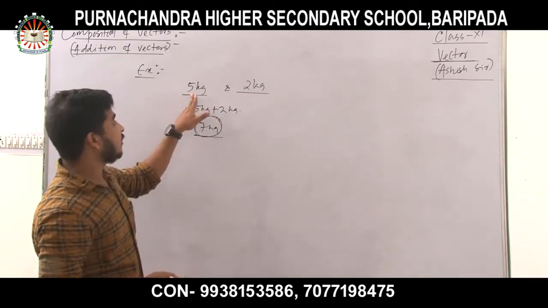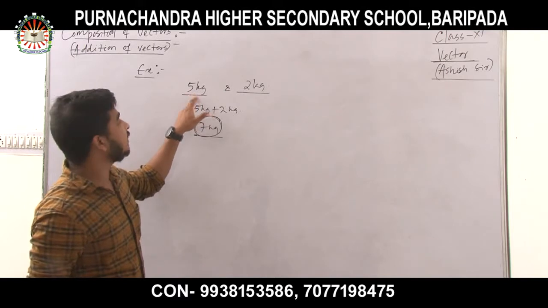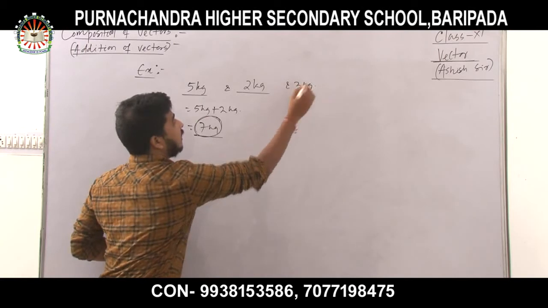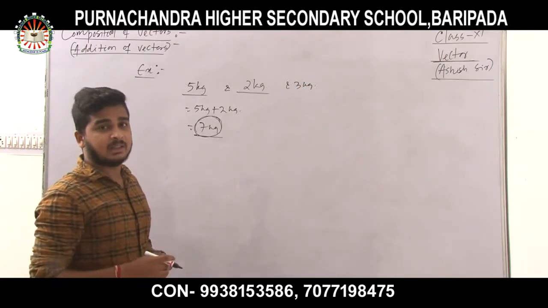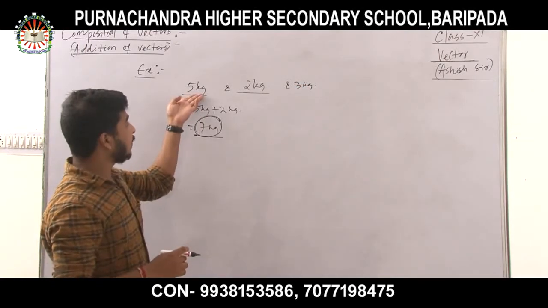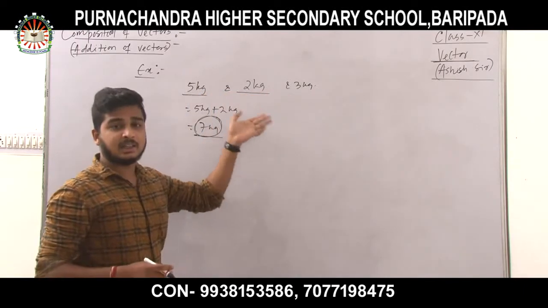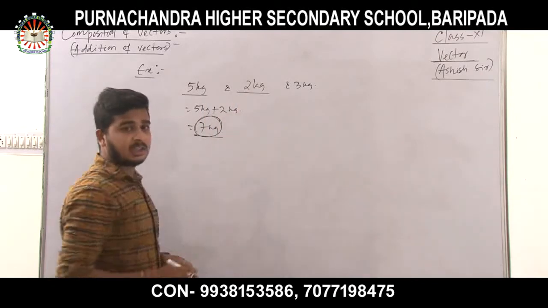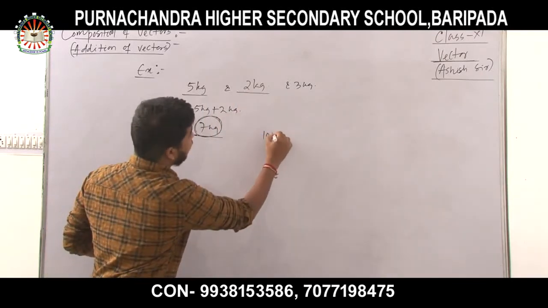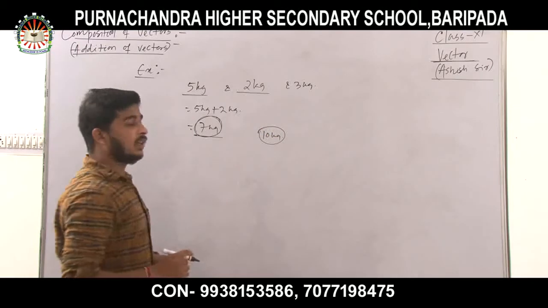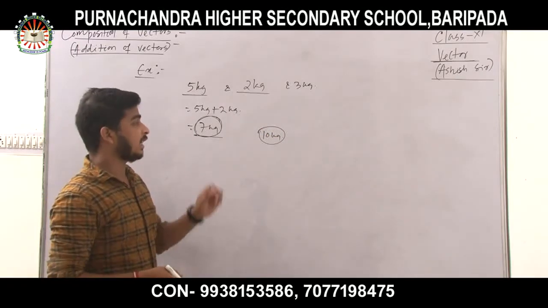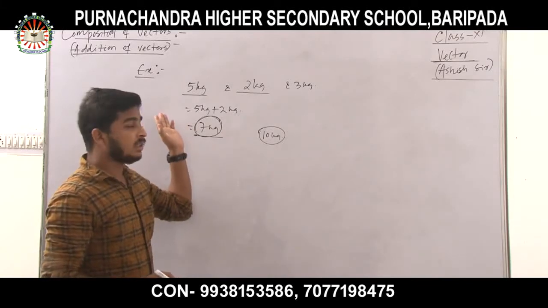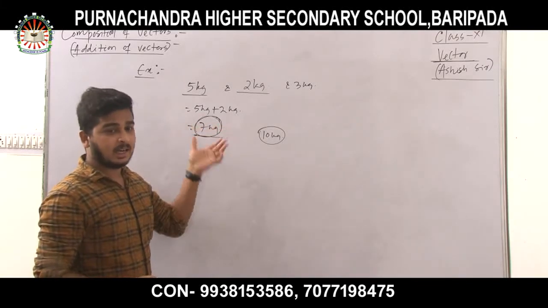Suppose here I ask the shopkeeper for 5 kg of rice, 2 kg of onion and 3 kg of sugar. Then what will be the resultant mass? Resultant mass means compositing these three masses into one mass. Then it will be 5 kg plus 2 kg plus 3 kg, which is 10 kg. So this is the resultant magnitude of the scalars. Here masses are scalar quantities, so they can simply be added algebraically.